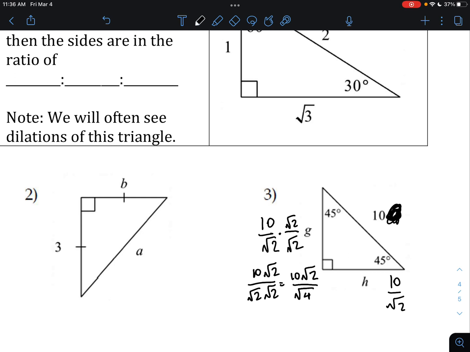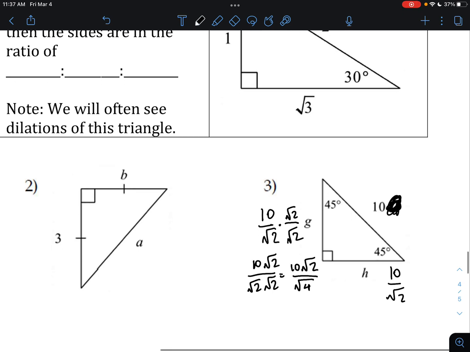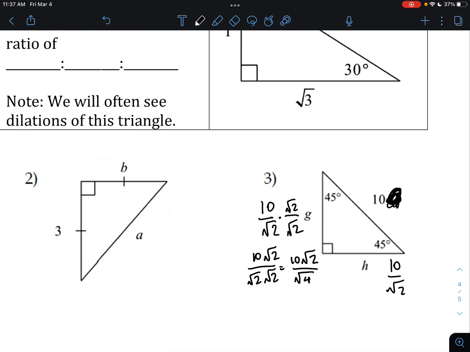And we should know that the square root of 4 is 2. So we've got 10 square roots of 2 over 2. We can simplify, and 10 divided by 2 is 5. So our final solution is 5 square roots of 2,